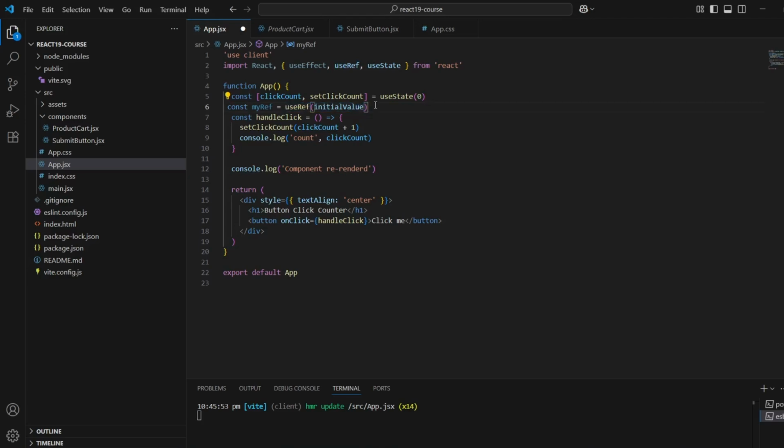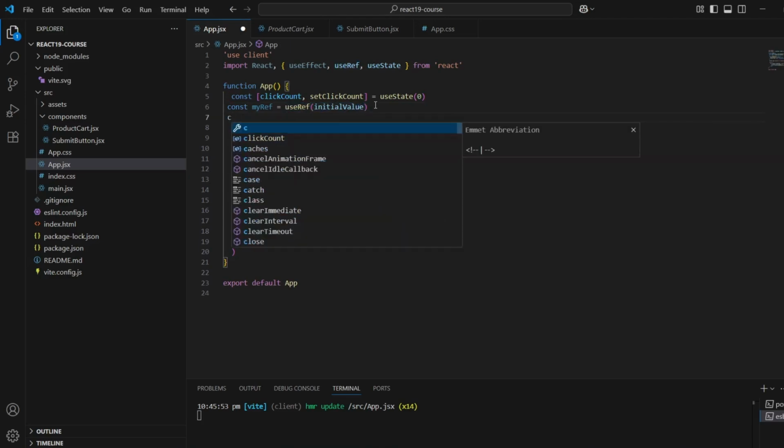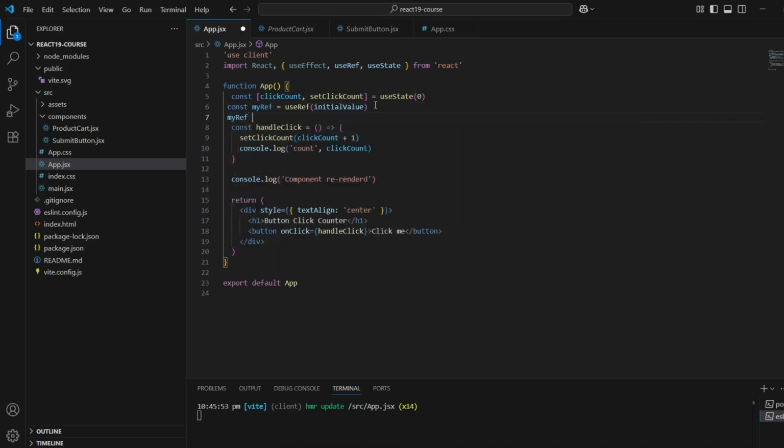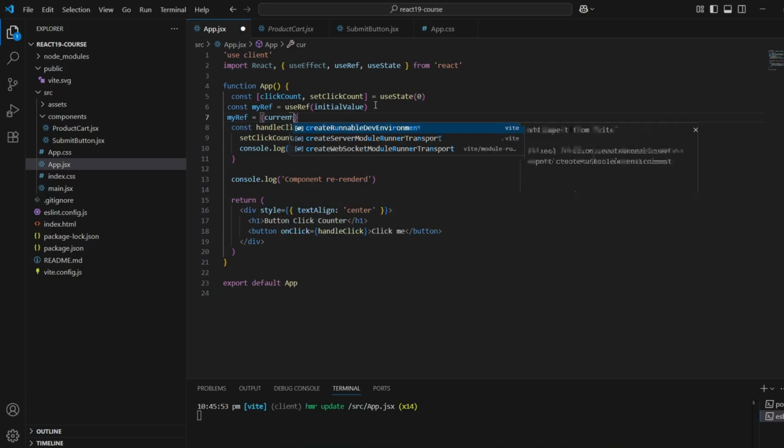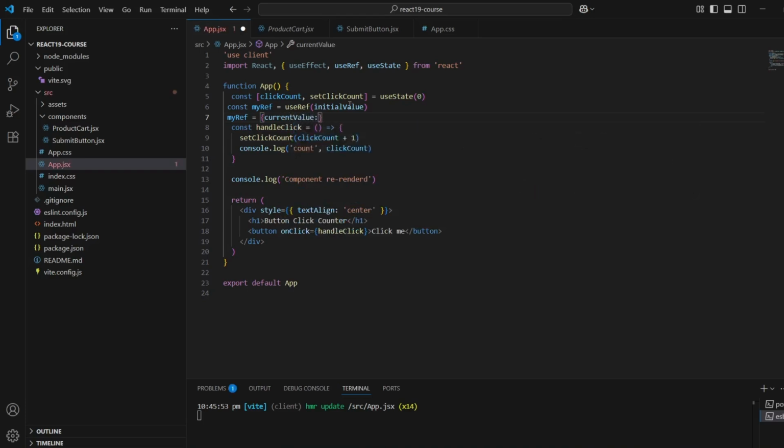It returns an object, so in myRef I'll have something like current colon whatever my initial value is. So in the current key inside our ref object, I'll have my initial value.